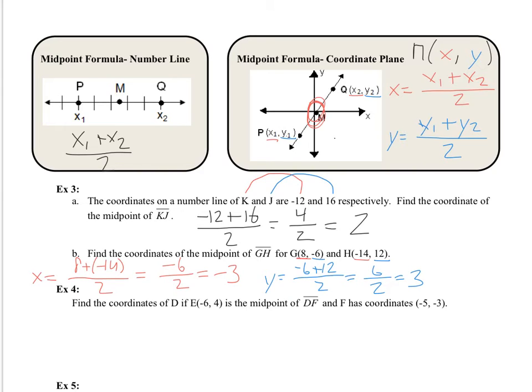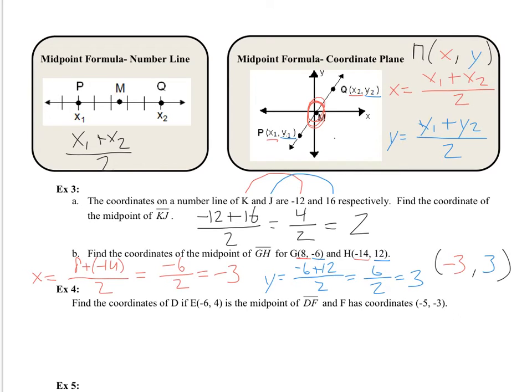So this means now we just put these two answers together as a point. So this means that our midpoint of GH is at the point negative 3, comma, positive 3. And that is how you find the point that is halfway between two endpoints, or as we are going to